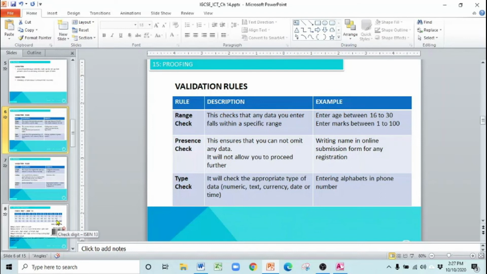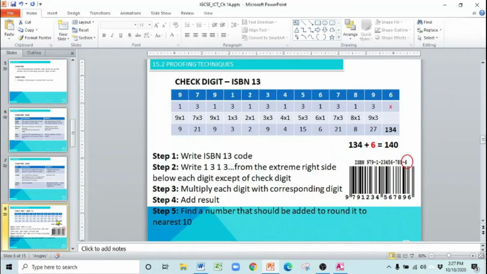software. Okay, the next one is check digit, ISBN 13 method and modulo 11 method. Whenever you purchase something, you can find out this ISBN. This is barcode. Okay, this ISBN sometimes it has 10 digits with the older version, but the new version has 13 digits. Okay, so how you can verify that your data is valid? You have to verify the check digit. Last digit is mostly the check digit.